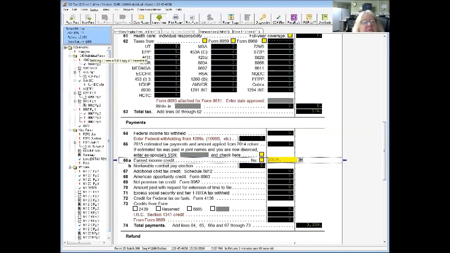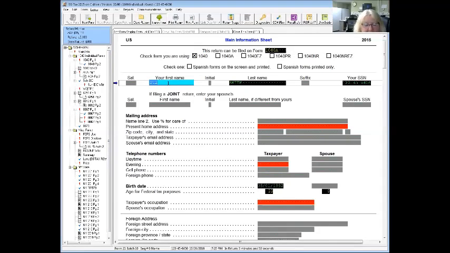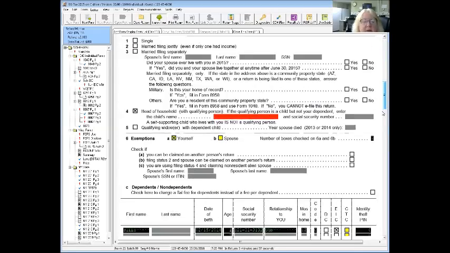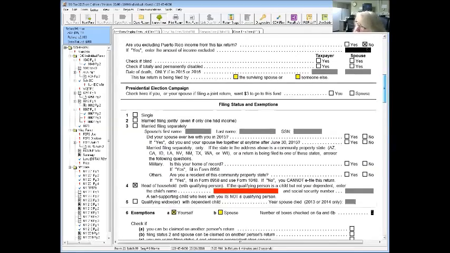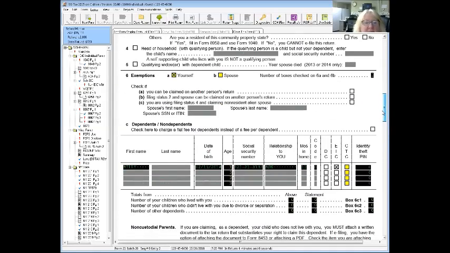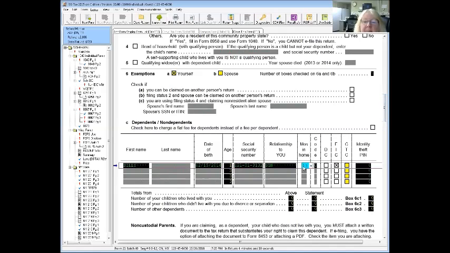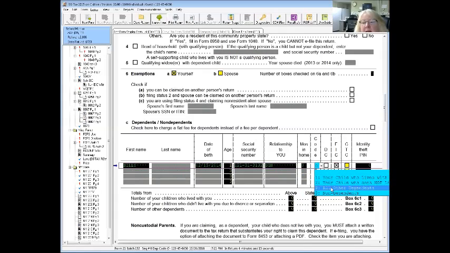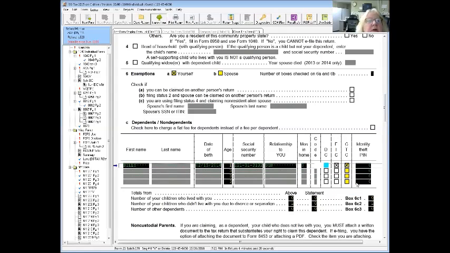Now let's flip it over and do Dad. Jim Smith. Okay? Now, he's not head of household. He's going to be single, right? Because Billy lives with Mom. So he's single. He lives with Mom. So he's actually with Jim 0 months. And he is a code 2, your child who does not live with you. Because he's claiming Billy as a dependent, but Billy does not live with him. So we're going to do a number 2. All right, a code 2.